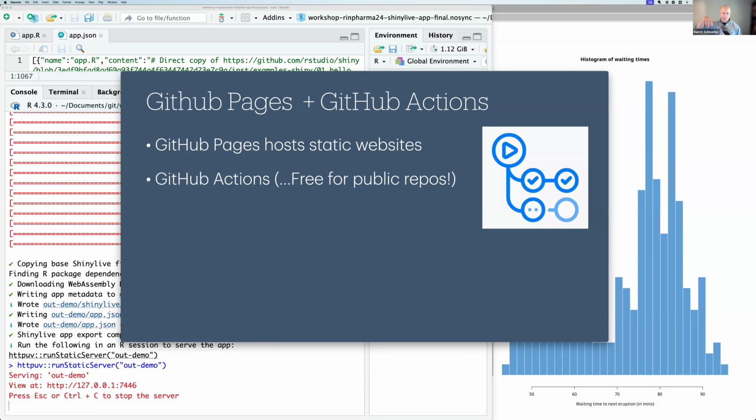I'm testing 150 applications every work night on 3 different operating systems on 5 different R versions. So it's like 2,000 apps every night. It's not something trivial. And GitHub Actions is free because the repo that we're doing it on is public. And I think it's just a wonderful little perk of being a public repo.